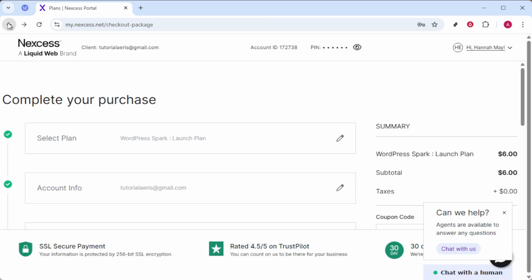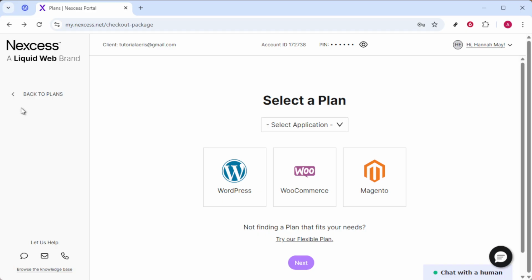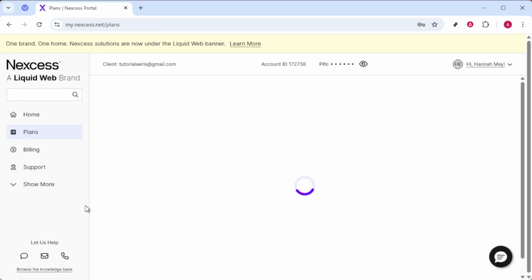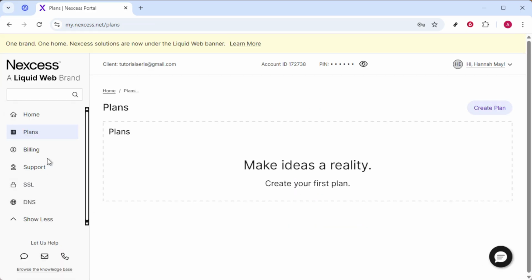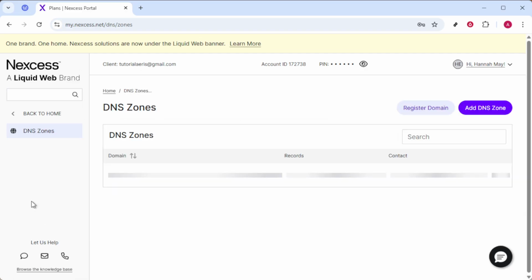This will finalize the setup and your new email will be ready for use. You have now successfully added an email account on Nexcess. For easier access to your emails,